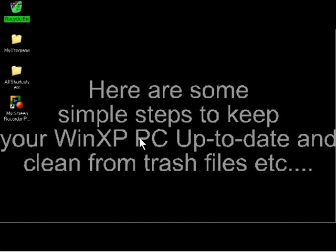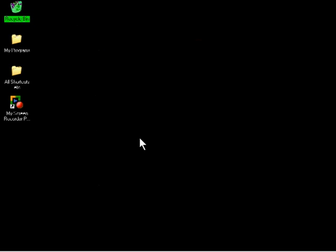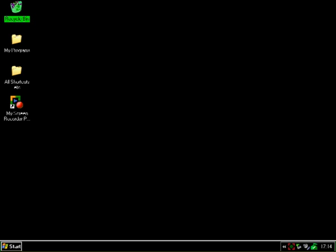Right, here are some tips on how to keep your Windows XP updated and clear of any internet cookies, temporary files, a lot of rubbish that can fill up your computer and slow it down basically. So to start off with, I'm going to show you how to check, probably between every Tuesday and Thursday, every 2 weeks. So go down to Start,